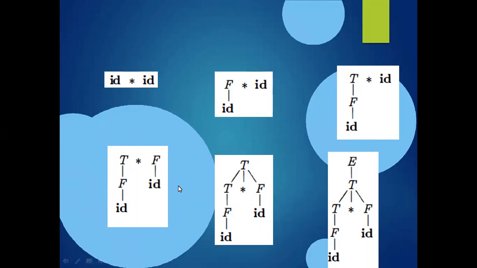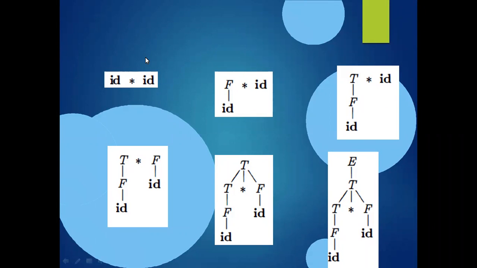What we did here: as in top down parsing, we derive from top to bottom, right? But here I am showing bottom to up derivation. Bottom is ID star ID and up is the starting symbol of the given grammar, right? Make a note of this tree structure step by step process. Then you can clearly understand how we perform the bottom up parsing. Just by seeing this example, you can easily understand.